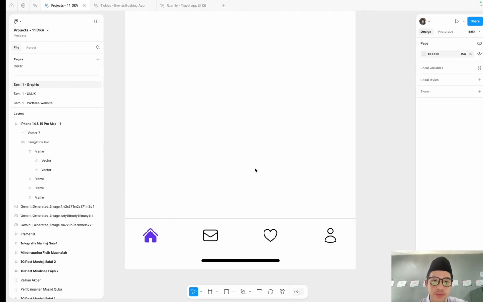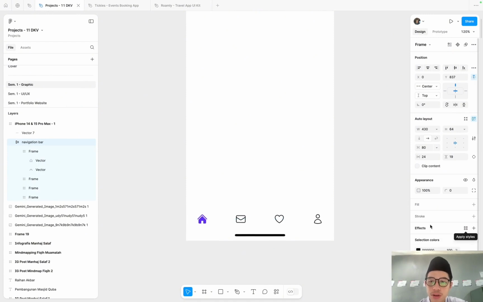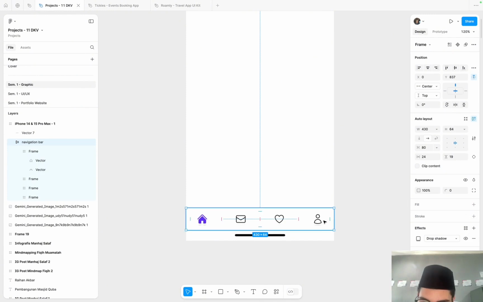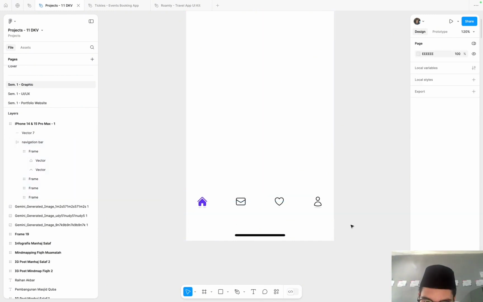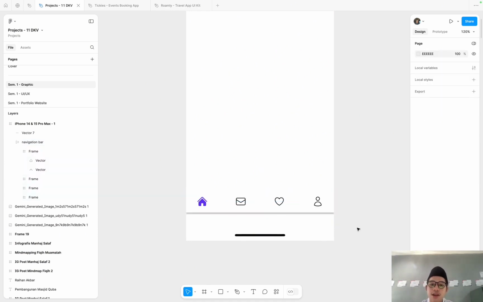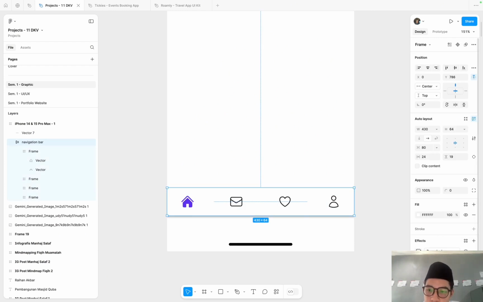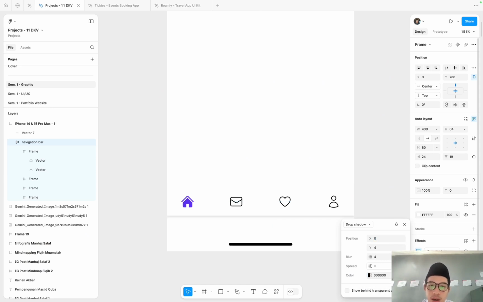Okay. Now, for example, let's give a shadow. Remove the stroke, give an effect. Okay. Fill. Now, like this. So this is an example of a bad shadow because you're using the default one. Instead, you need to give it an effect like this. First, the opacity. Lower it down to 10.